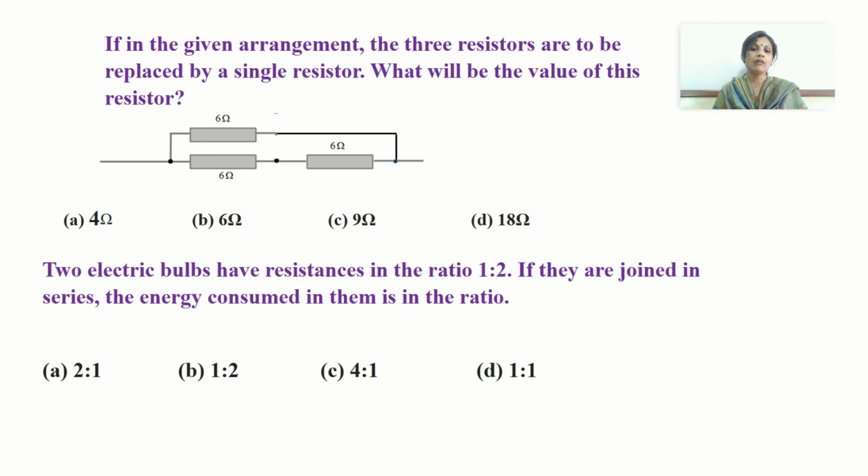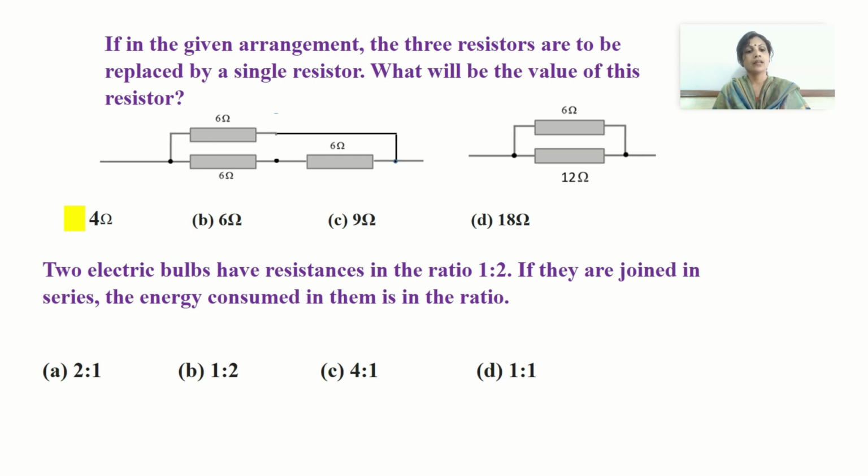So my circuit will look like this now. A 12 ohm resistor and to that a 6 ohm resistance connected in parallel. Now these 2 resistors are in parallel. So how much is its equivalent? It is 1 upon 6 plus 1 upon 12. So that will be 3 by 12. 3 by 12 is 1 by 4. So Rp is equal to 4. So I have to use a resistor whose value is 4 ohm for this combination. So option A is the correct option. So quickly you have to calculate and check out what is the value.